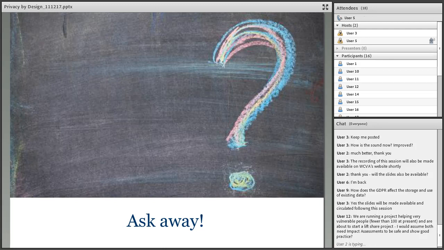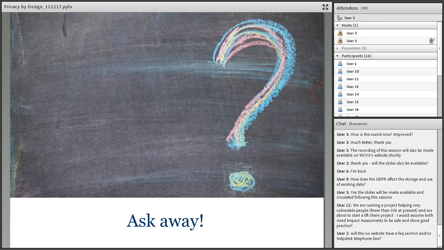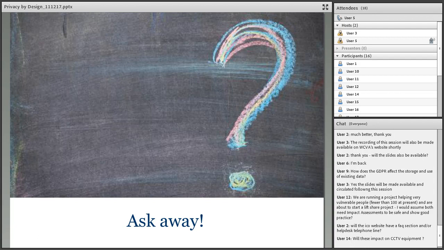So if we break down your question, how does GDPR affect the storage of data? In terms of storage, there's a similar principle under the GDPR as there is under the DPA, and that's basically about having the appropriate security. So when you're storing data, you've got to make sure that you're storing it in a way that's proportionate and appropriate to the type of data that you're storing. So very sensitive data wouldn't be kept in a really flimsy cabinet. It would need to be under stricter security controls, whether that's technical or paper-based information.